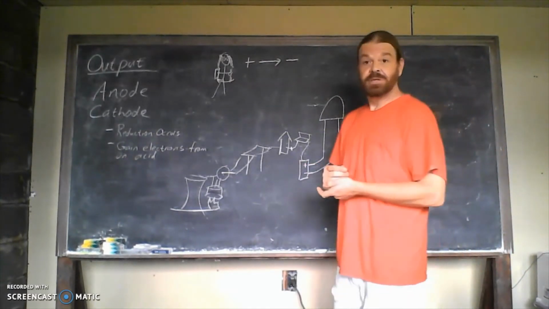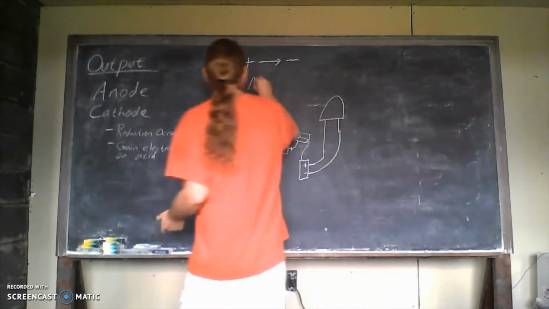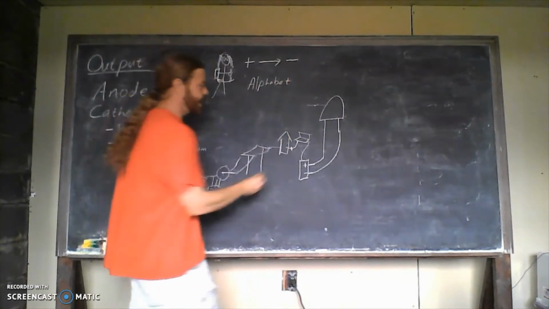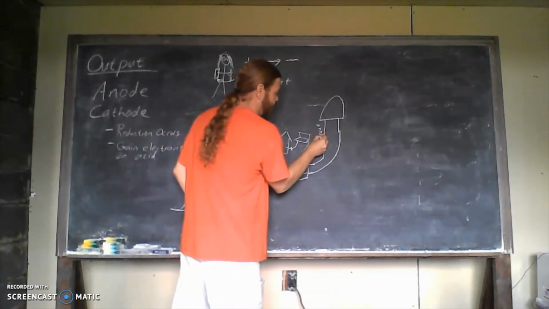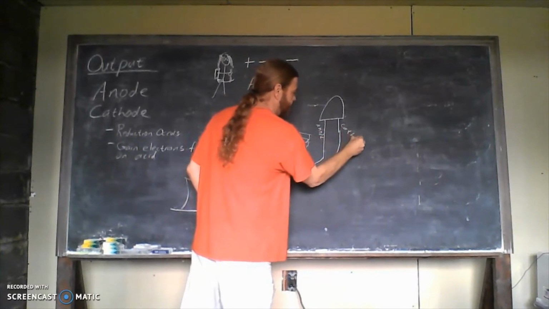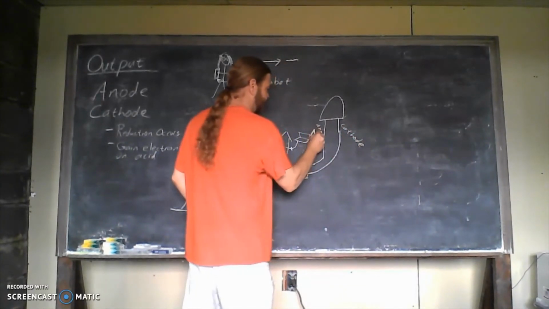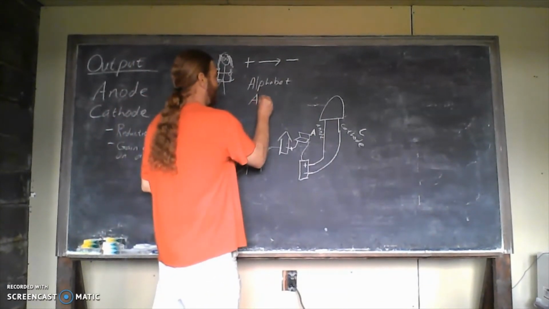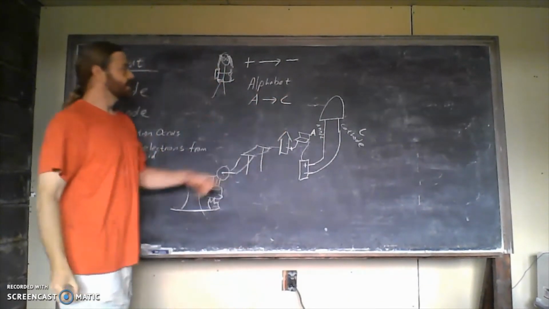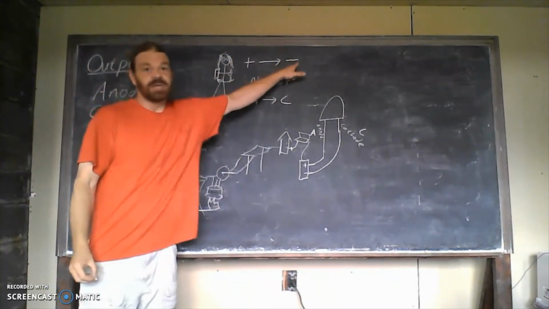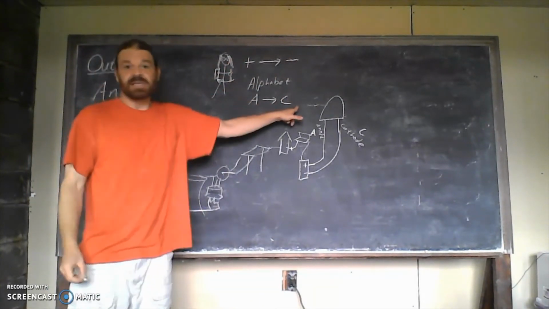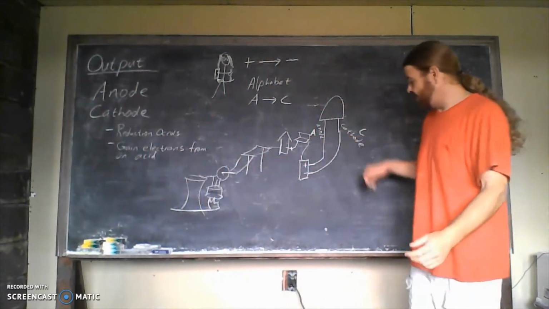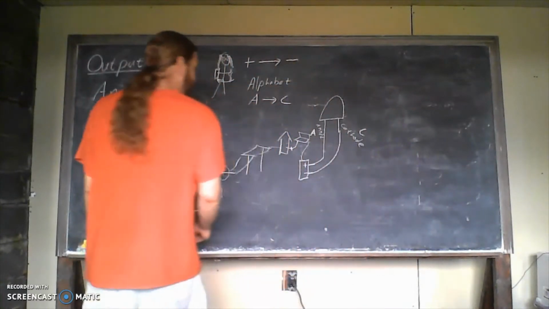And what I always remember is just the alphabet. There are a number of ways to remember this, but we have our anode and cathode. So one starts with an A, one starts with a C, obviously. So in the alphabet, A goes to C. So that's how I remember it. Positive goes to negative, A goes to C. So we put the anode to the positive side and the cathode to the negative side, and it's probably going